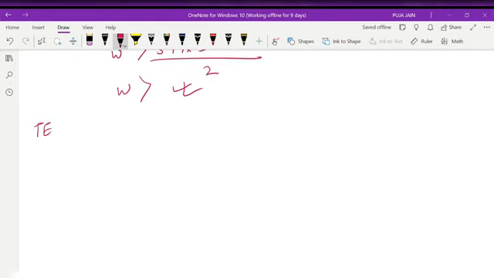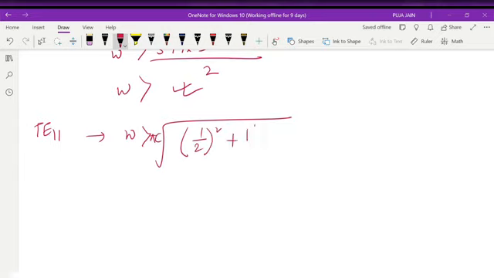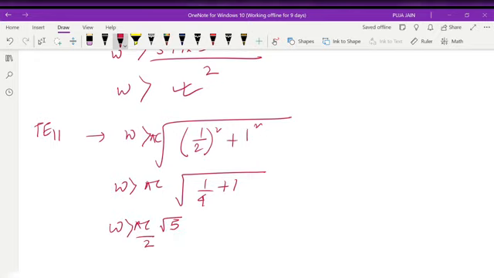TE11. For this, omega must be greater than pi c times root of (1 by 2) square plus 1 square. So what are we getting here? 1 by 4 plus 1, that is root 5 by 2. Okay, so root 5 by 2, if we calculate this, we will get